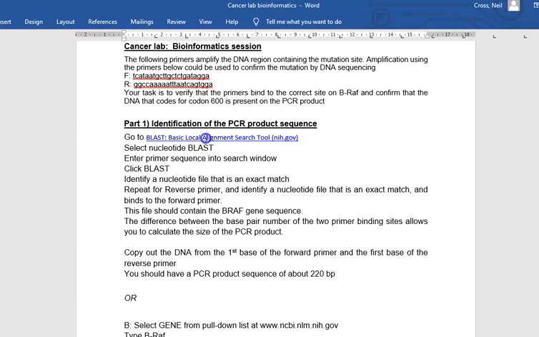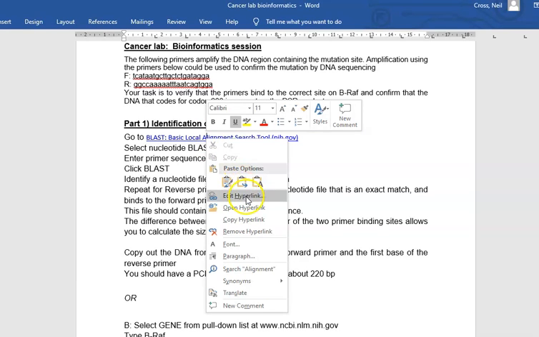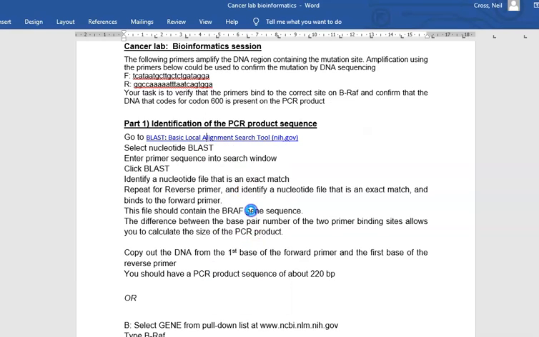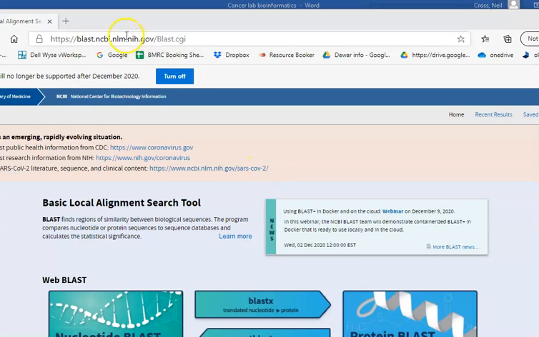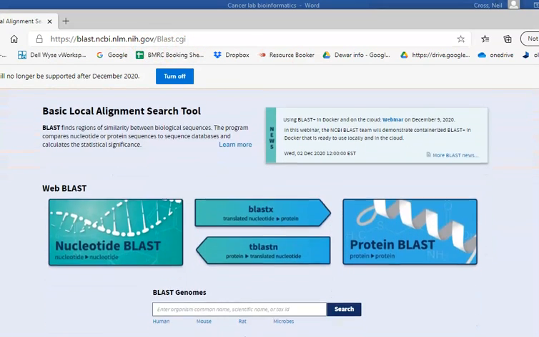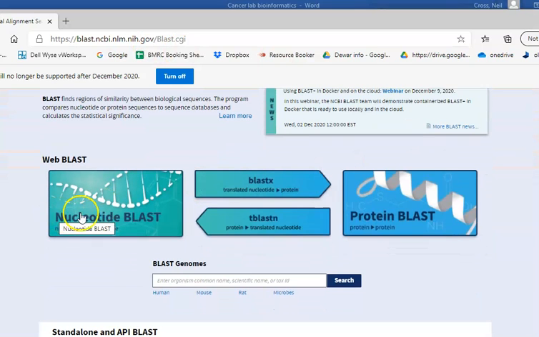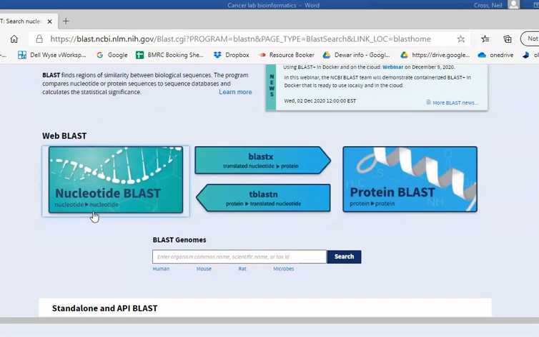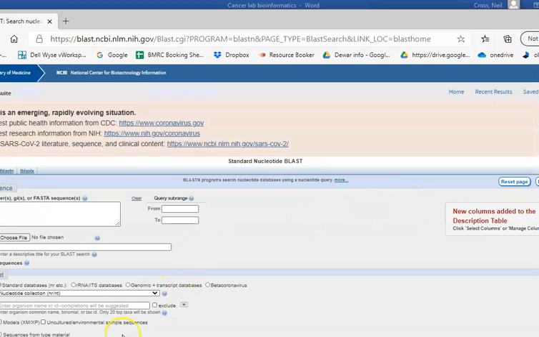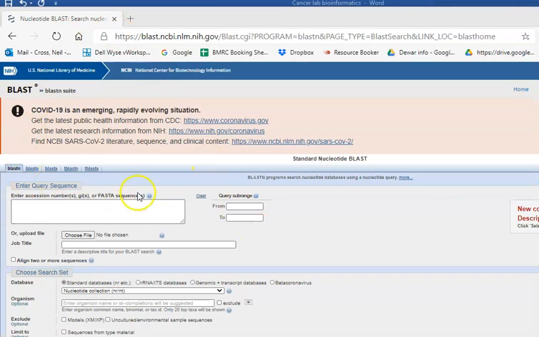So I'll just open up that hyperlink and that should open BLAST. Okay, so you can see the web address there. This is what that link opens. Now on BLAST we scroll down to nucleotide BLAST. We can search for proteins as well if we really want to. And then this is the view that you'll be faced with, and this is where you can type in your